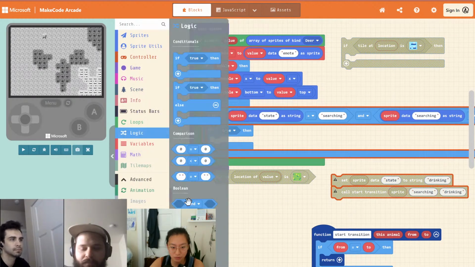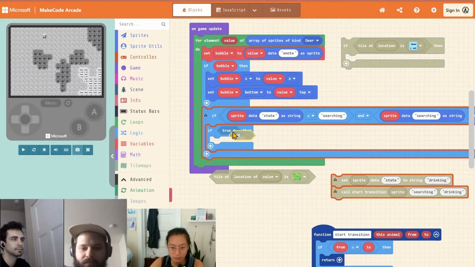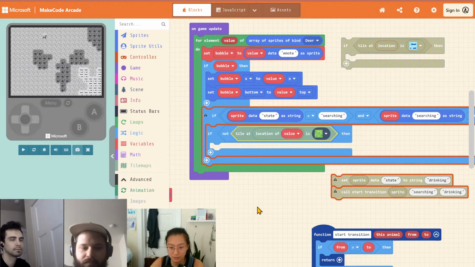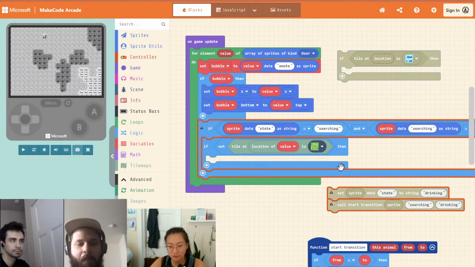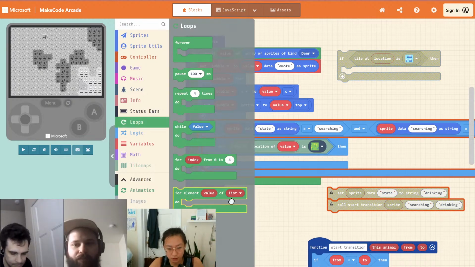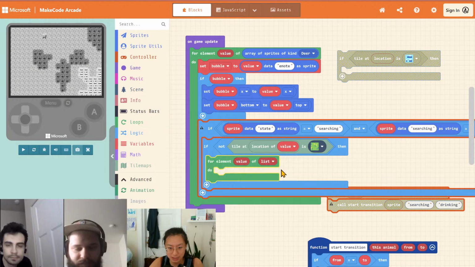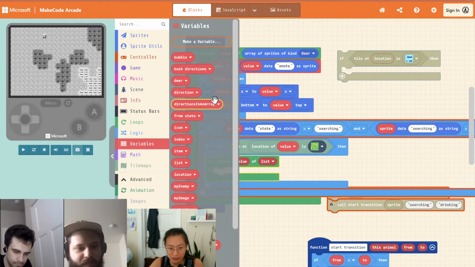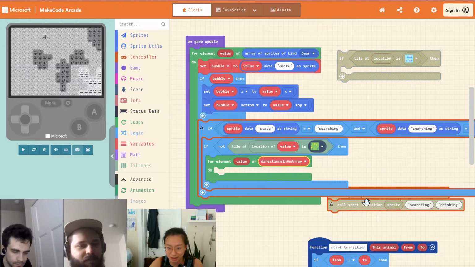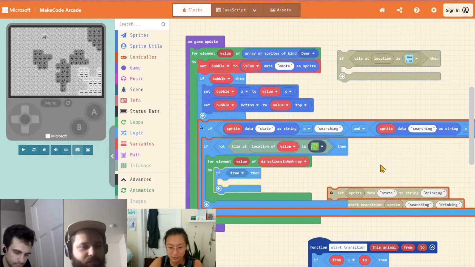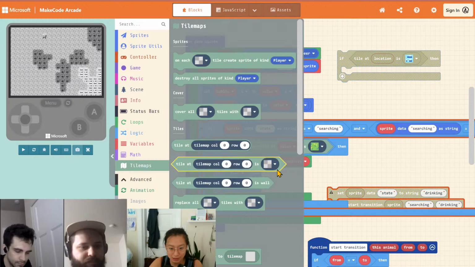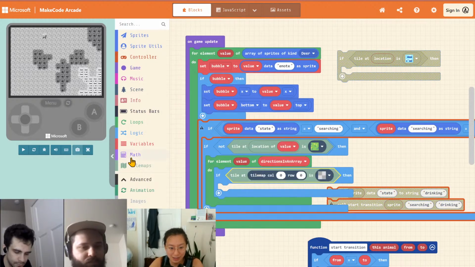Okay, so if this is not true, my computer's slow today. It's one of those days. Okay, so if this is not grass, then we're gonna take a look around. So for element of list, what's the list? Well, we've already defined this. It's directions in an array. If, what are we searching for? If the tile is here. Okay, so if the tile at location